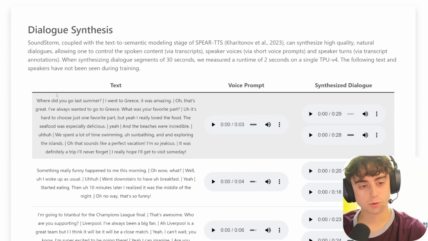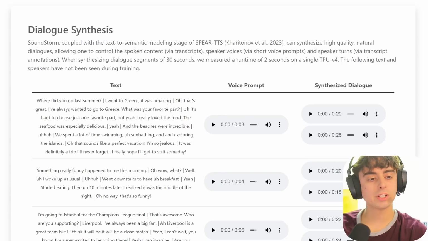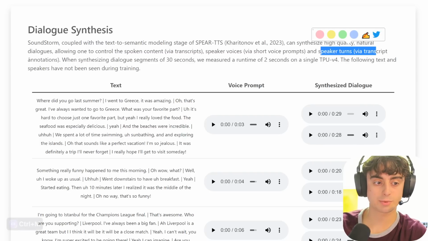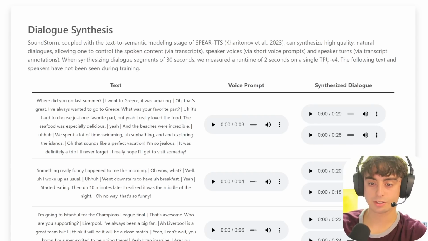So when you couple Soundstorm with the text-to-semantic modeling stage of Spear TTS, it can synthesize high-quality natural dialogues, allowing one to control the spoken content via transcripts, speaker voices via short voice prompts, and you can even control the speaker turns via transcript annotations. And when you synthesize this dialogue of 30 seconds, it only takes 2 seconds to generate on the TPU